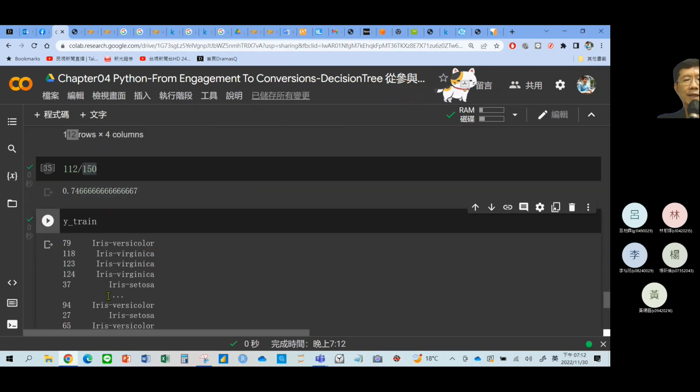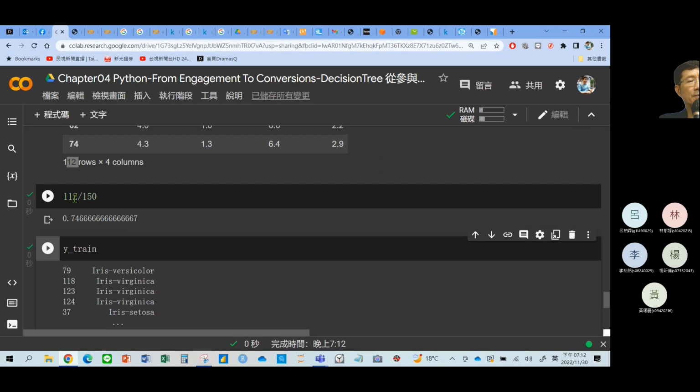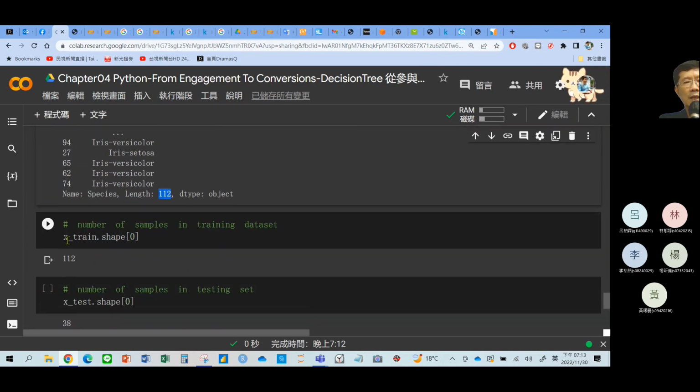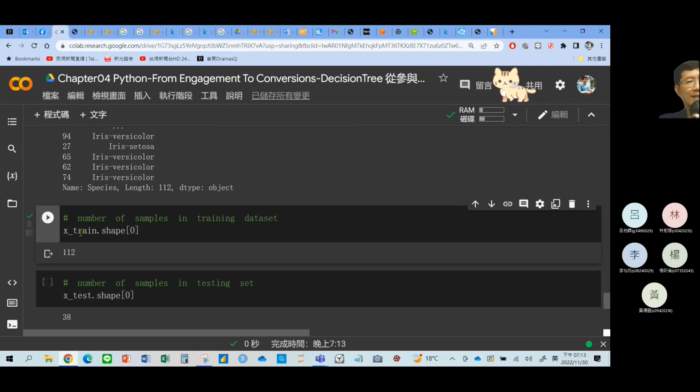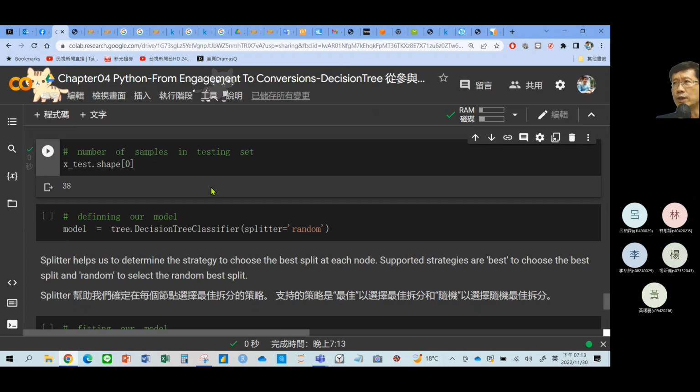Also 112, 也是一样112笔的资料，都是相对应的。Then X test is 38, 对不对？You can use 38 divided by 150, so the percentage is 25%. 它就像这样子分的。